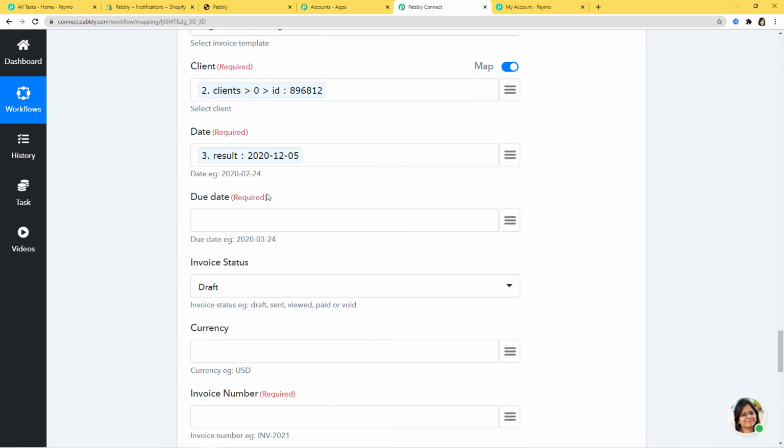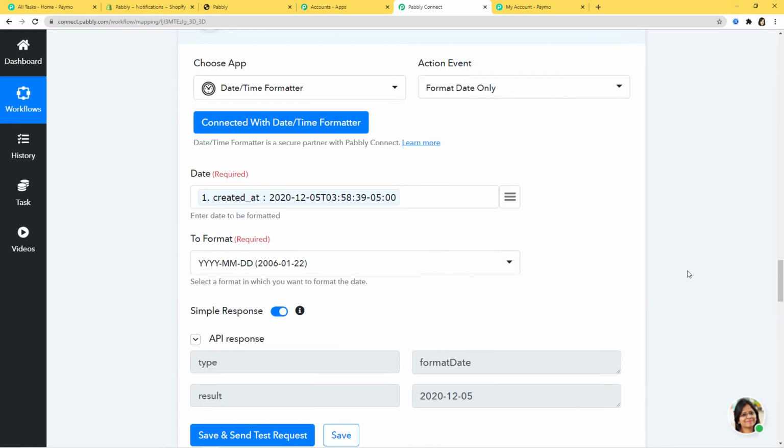Okay, now due date. So due date here, because my Shopify order was paid on time, that is why in due date, I am going to put the same date. But if you want, you can also create your due date by using add or subtract time format in this